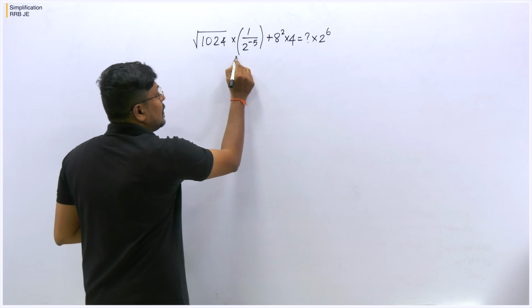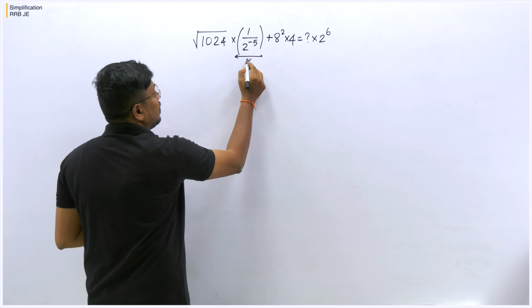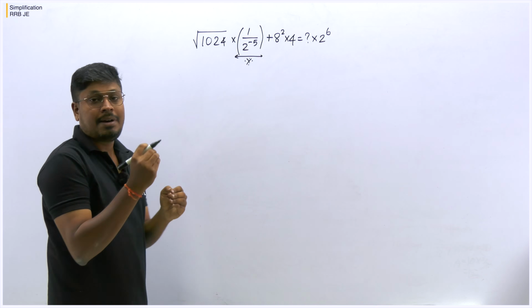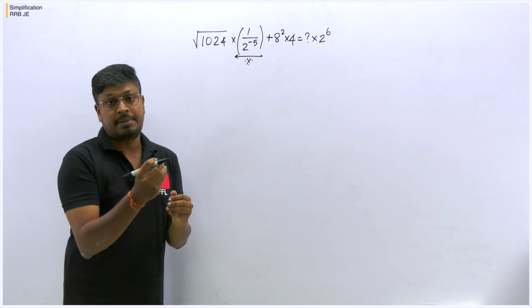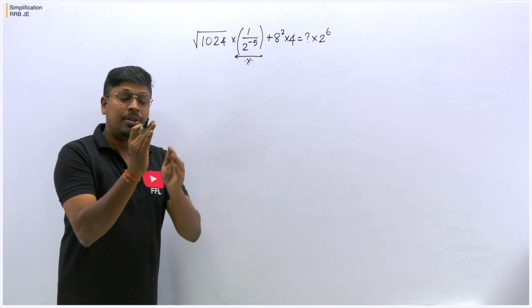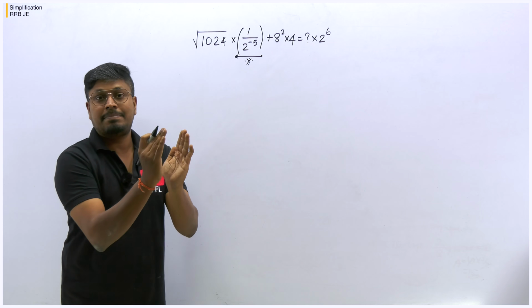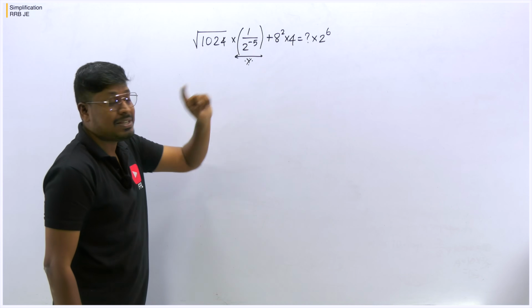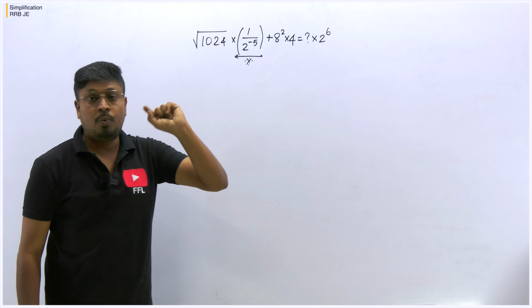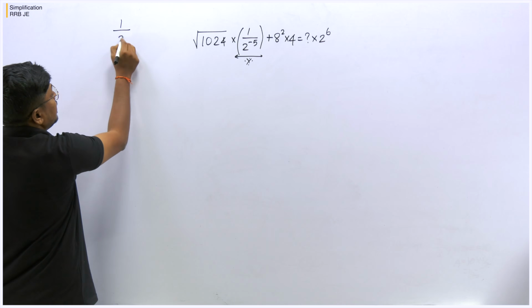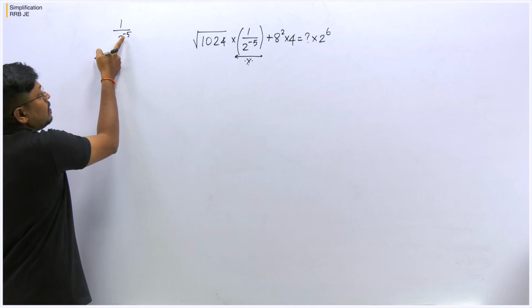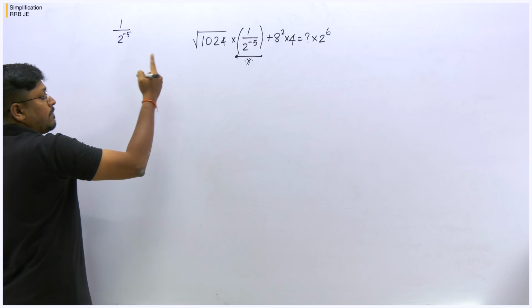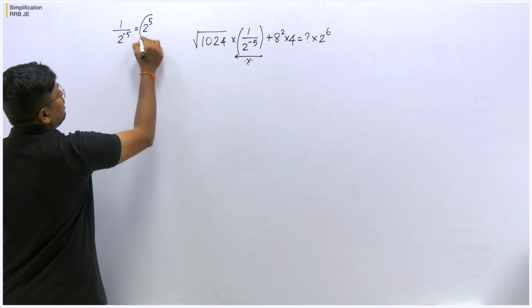This part alone is most important, because you need to be very careful if the number has power minus something. Initially, first change the power of minus into a normal number. Here you can see the number which contains power minus 5. It is 1 divided by 2 power minus 5. In order to change this minus 5 to plus 5, bring it to the numerator, and it becomes 2 power 5.